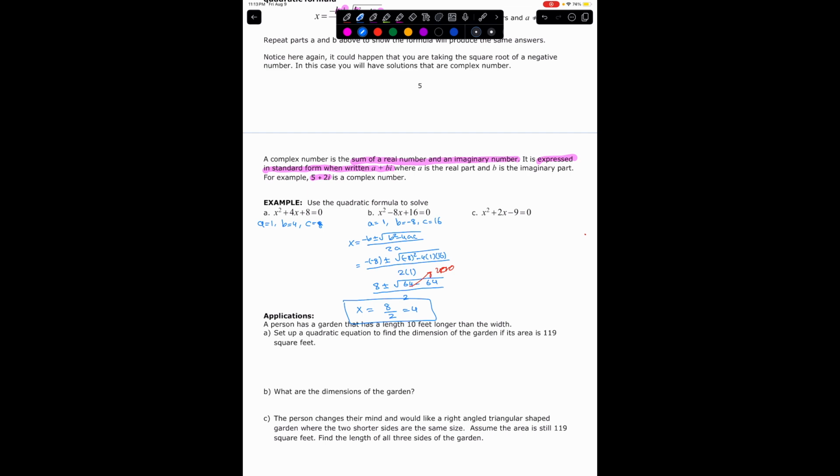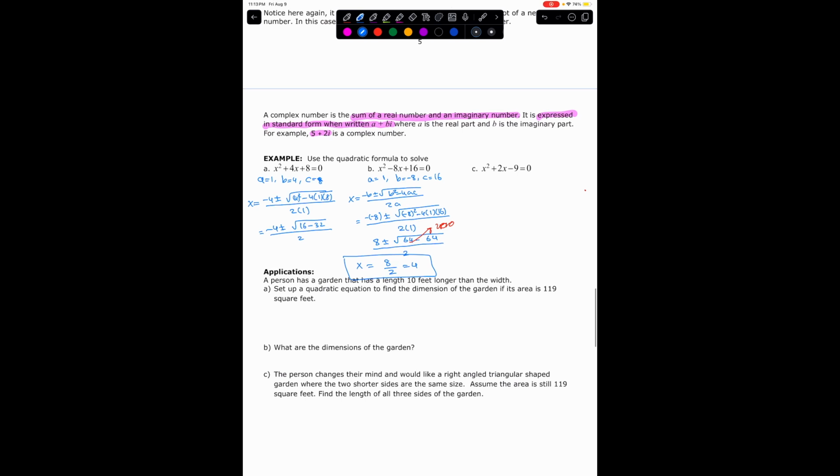We will do the quadratic formula. x equals negative b, negative 4, plus or minus square root of b squared, 4 squared, minus 4ac divided by 2 times 1, which is a, equals negative 4 plus or minus square root of 16 minus 32 over 2. So this is going to be negative 4 plus or minus square root of negative 16 over 2,